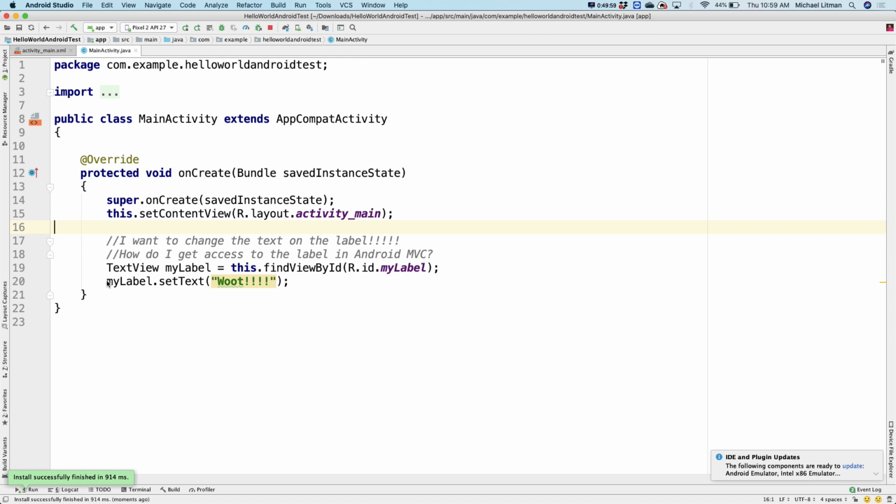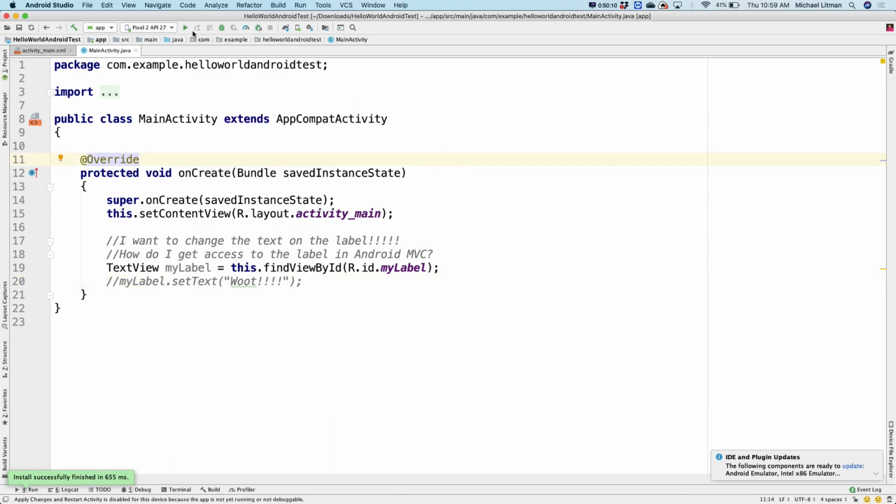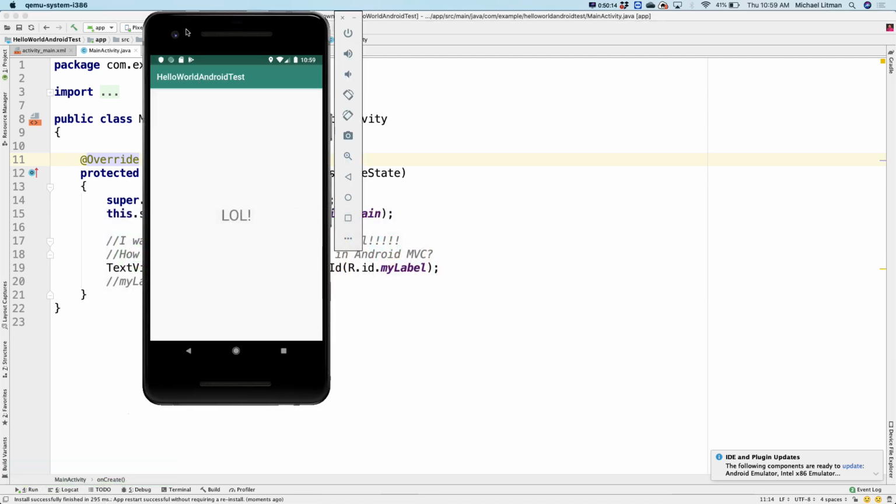Now, if I comment out this line and choose not to set the text, I'm still gaining access to that label. Now you see it says LOL. That makes sense? All right, so now what we might want to do is